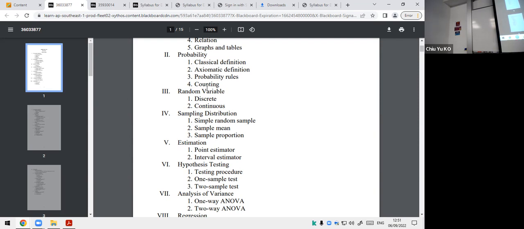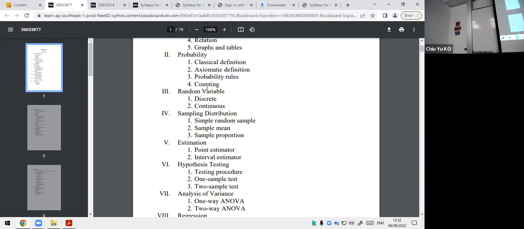As I said in the beginning, we want to use data to infer what's going on with what we want to study. Sampling is when you try to pick up something, and you need to learn what it looks like and what its properties are. That is why we learn sampling distribution. When we draw a sample, we study a subset of it. We want to do some study, some experiment, to see what's going on.